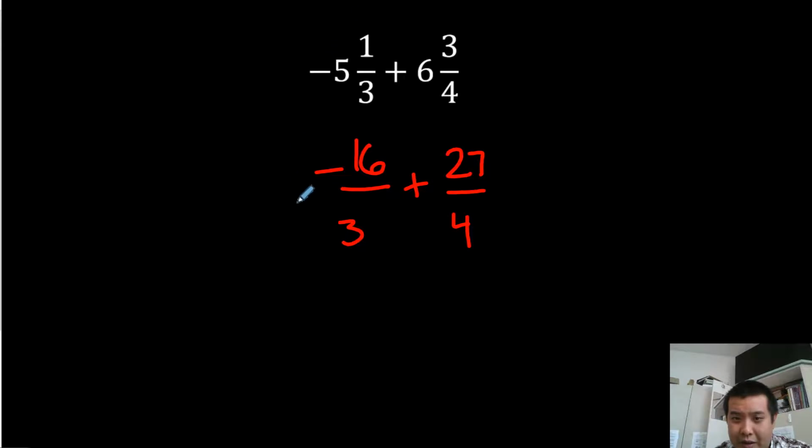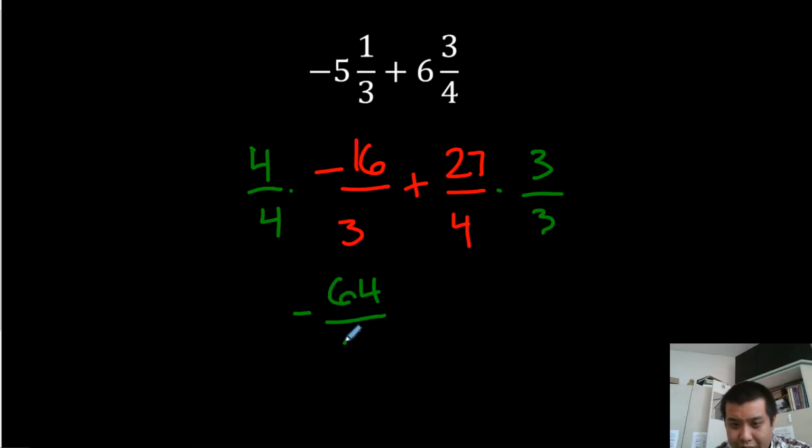Again, we're going to multiply to get common denominators, so we multiply this by 4 over 4 to get a common denominator of 12, since 12 is the least common multiple of 3 and 4, and multiplying by 3 over 3 to get the same thing. When we do that, we get 4 times negative 16, which gets us negative 64 over 12, plus 27 times 3 is 81